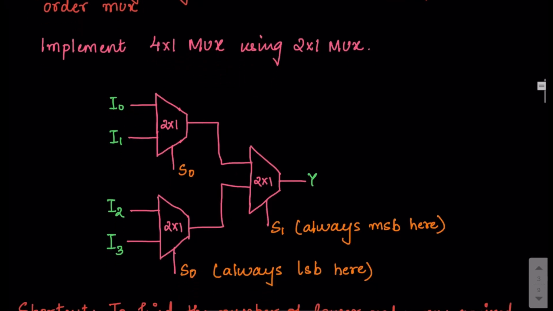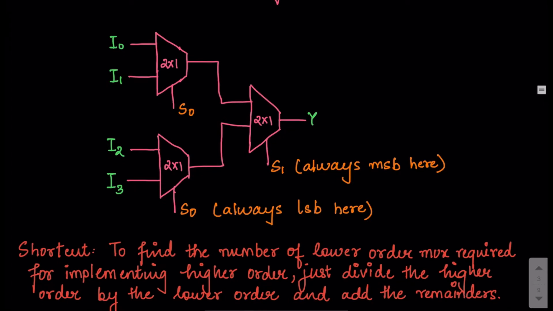The diagram is given to you as you can see. Now what we need is that at the very first stage we know that a 4 cross 1 mux will have 4 inputs. So obviously we require 2 cross 1 mux. Each one of them will give you 2 inputs, and then each one of them will have one output. These outputs will be fed to another 2 cross 1 mux, which will give you your final output for the 4 cross 1 mux. So now if we look at this entire circuit, it is looking like 4 inputs and 1 output, which we require in the case of a 4 cross 1 mux.